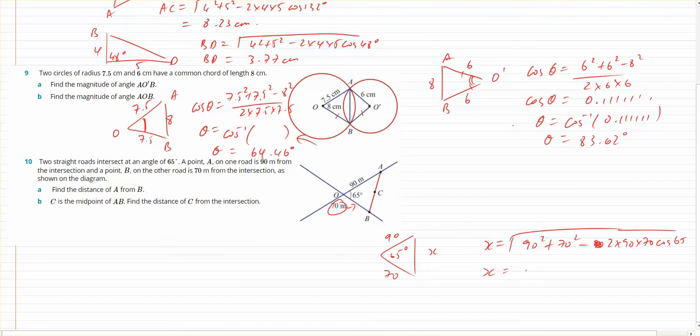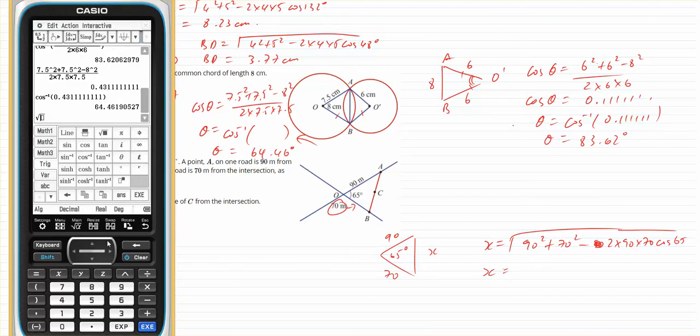So when I work that out, I get the value of AC. So got to go square root 90 squared plus 70 squared minus 2 times 90 times 70 cos of 65,